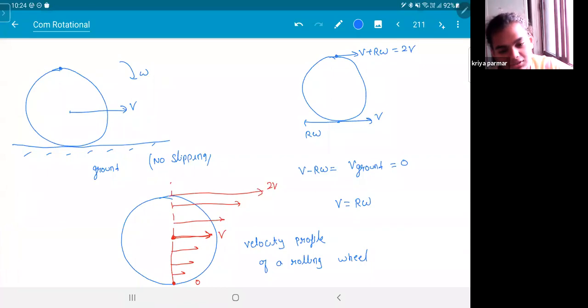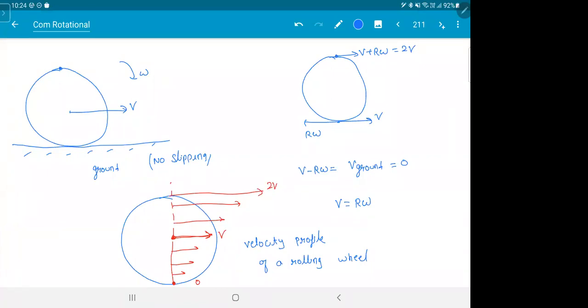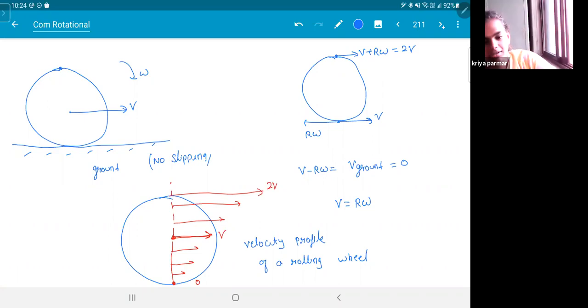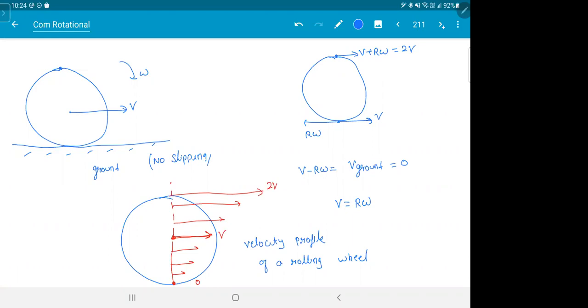So why doesn't the wheel get dismantled then? Why would the wheel dismantle? Sir, I mean, every particle will move with a different velocity, so shouldn't the wheel get dismantled? See, that is only if you're in pure translation. If the body is translating and different points go differently, then it will stretch or compress. But here there's a rotation also.